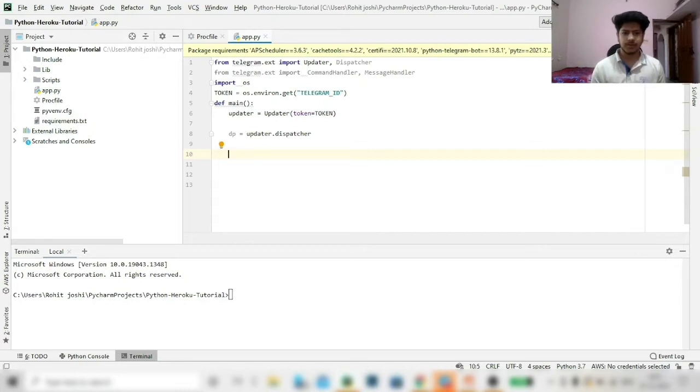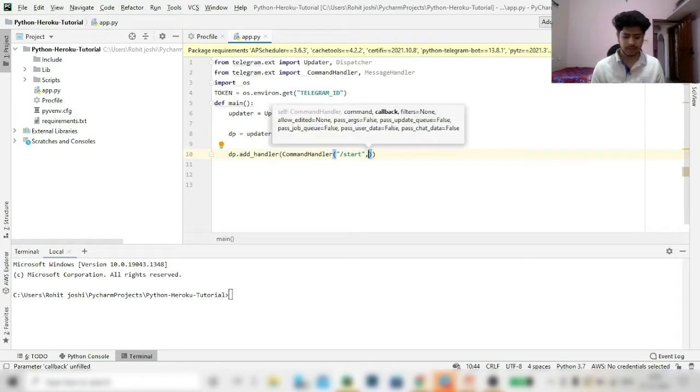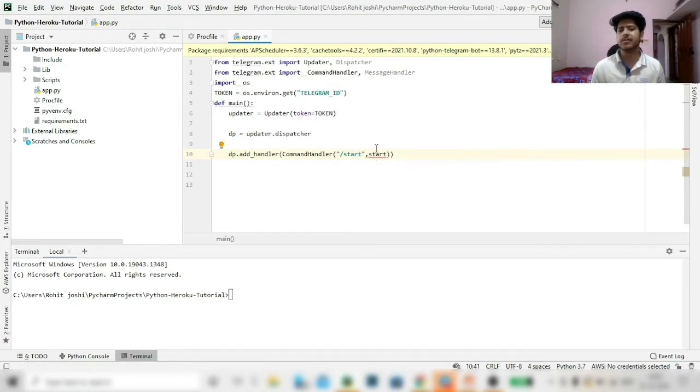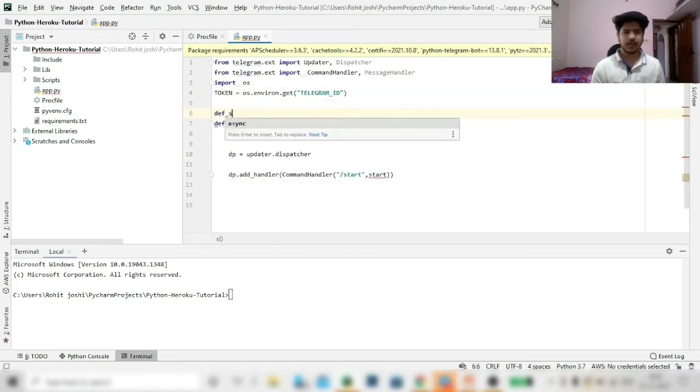Okay, so here we are creating some handlers. The first handler we are creating is the command handler. Let's say there is a command. Whenever you start a Telegram bot, the first command that automatically goes is /start. So let's create a handler for that particular command. There is first the name of the command, and second there is a method. So we need to create a start method also. Let's create a start method here, and the parameters in these methods are update and context.